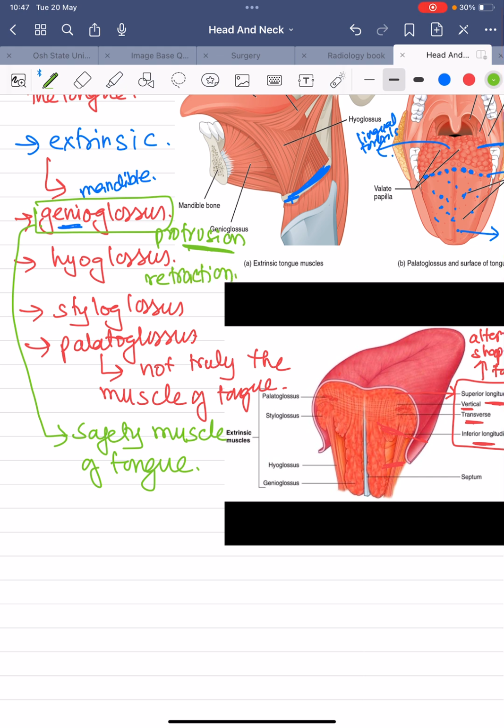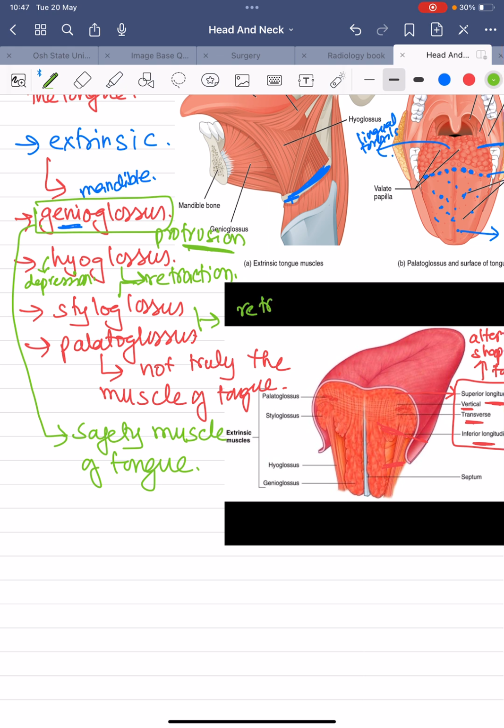Retraction of the tongue is done by these two muscles, styloglossus and hyoglossus. Hyoglossus also performs depression of the tongue. Depression of the tongue is also done by the hyoglossus muscle. Now one more thing, retraction and elevation of the posterior 1/3 of the tongue is done by